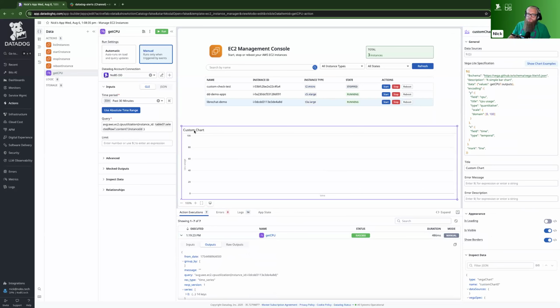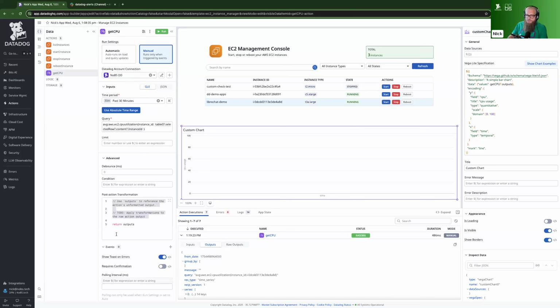And this is a little bit of an unspoken thing, but there's some data that you retrieve that does need to be manipulated in order to use it in a table or in a chart. Generally speaking, it is expecting an array of maps that then have various keys and various values to represent the data. So in order to do this, what we can do is go to the Advanced tab under our Get CPU. And now we have the ability to write JavaScript that actually manipulates the data that we're returning